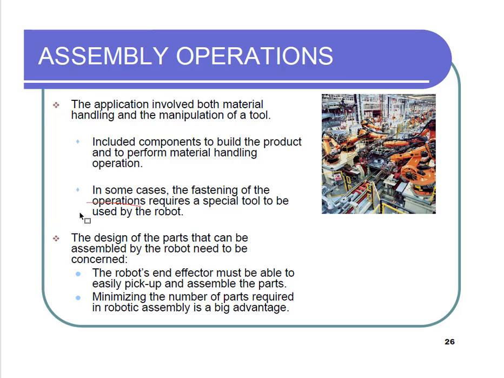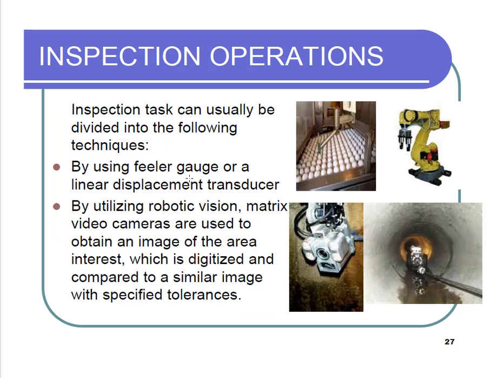So you can use a robot to do the assembly process. There are so many types of assembly process in the production line. It is shown here, so many assembly operations. Try to find some video on the movement of the industrial robot, the function of an industrial robot for the assembly operation. The last one for the application of a robot, the last slide, is on the inspection operation,